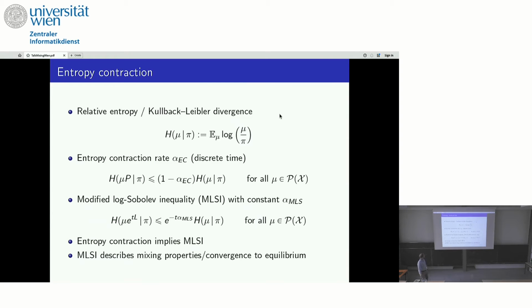Okay, now let's talk a bit about entropy contraction and the log-Sobolev inequality. So the entropy is defined in the usual way. So pi is the irreducible measure, and we have the relative entropy with this. Then we have two versions of entropy contraction. The first is the discrete time, where we just consider how much the entropy decays in one step of p, and the continuous time, where we look at the entropy contraction along the continuous time heat flow. So for the continuous time heat flow, this contraction rate is called the modified log-Sobolev constant, and we will give estimates for this.